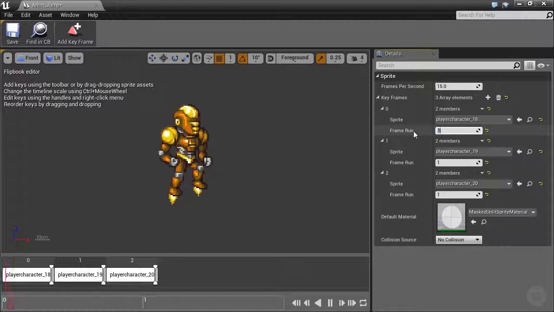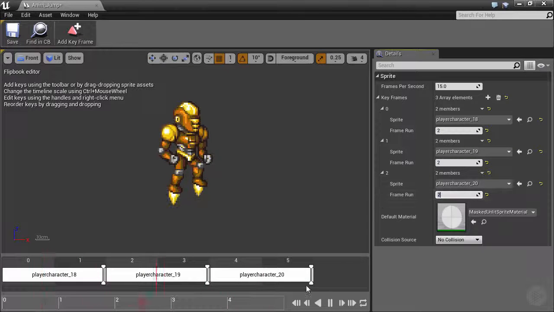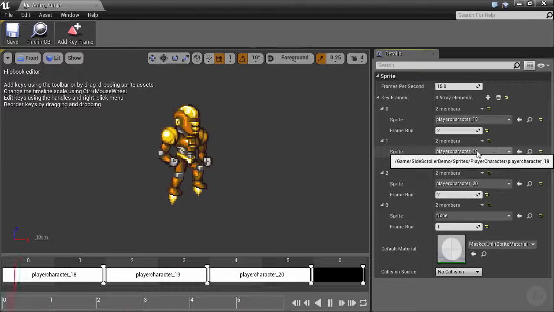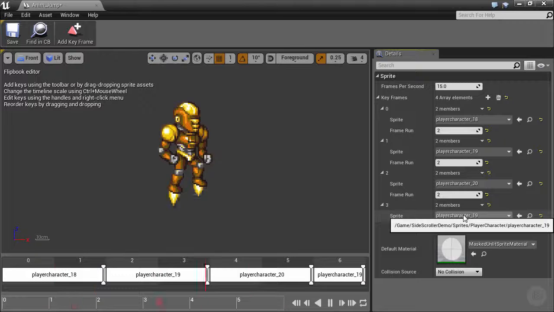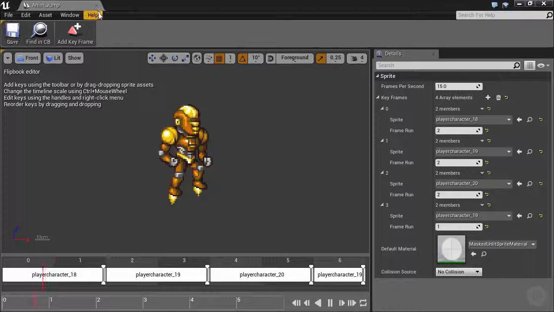So we'll use the frame run field here to change these, because it's a little easier than dragging these once they get too big for the bar here. So that's 18, 19, 20. He's kind of bouncing up and down a little bit too fast. So to make this a little smoother, we'll duplicate the cross frame here, 19 down to there. There we go. There's a little bit of a smoother rocket boot jump. Doesn't look too bad. So we'll save that, close it,